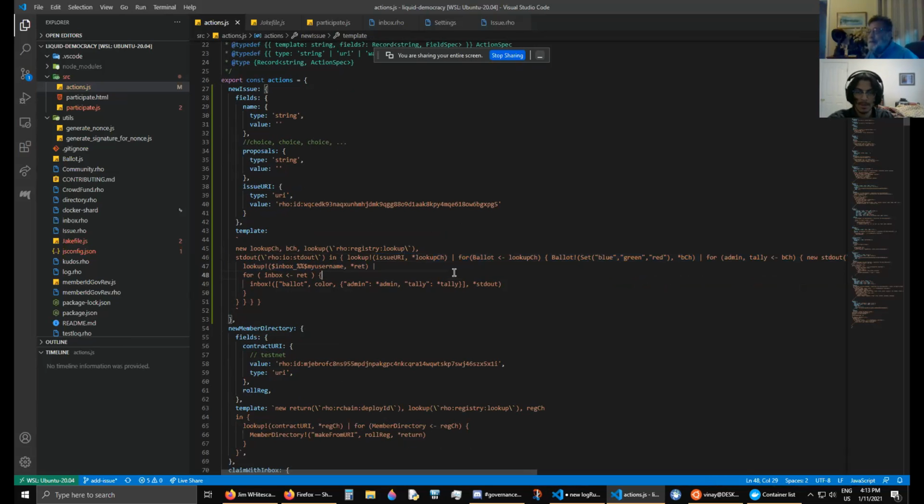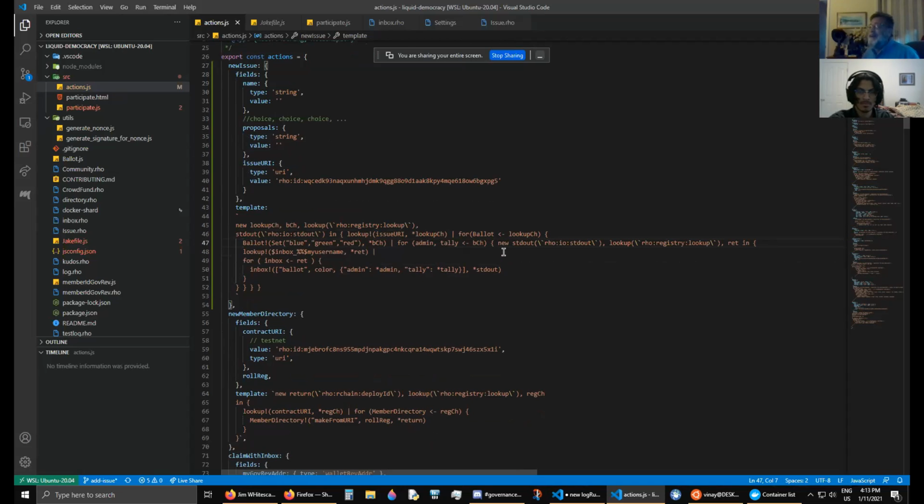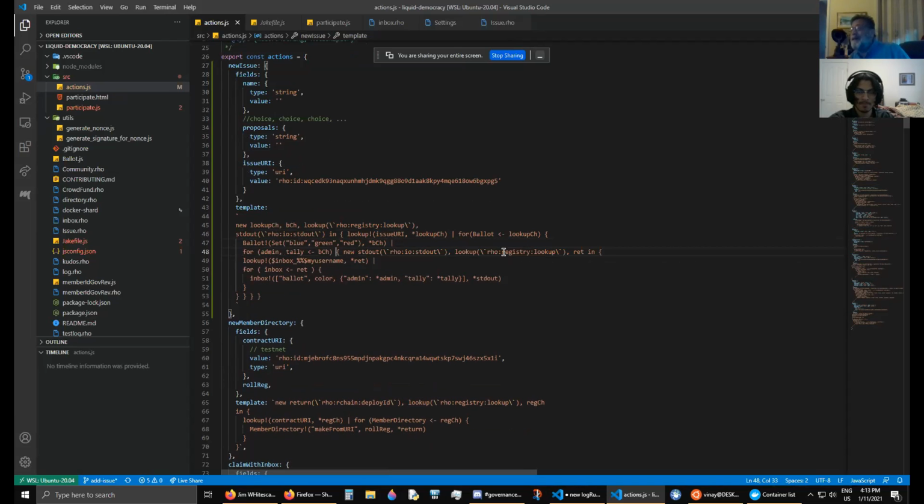Okay, and these are the templates that they're using here. I'm a little bit nervous that they're not using the $ names, which we use in the prototype, because the $ is an invalid character in Rholang, and if you screw up, you end up with a dollar. If it's not replaced for some reason, you end up with a $. Okay,